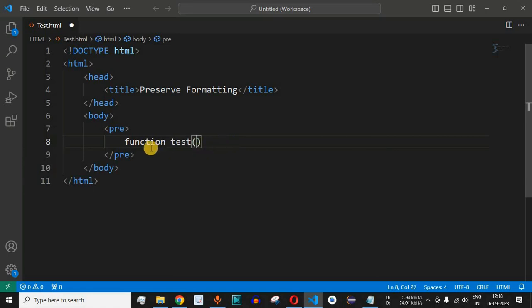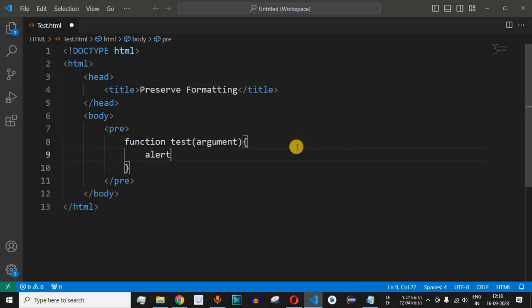Over here we are just writing a few lines of JavaScript code. We are writing the function and the function name is test, and then we give certain arguments inside the open and close parentheses, and then we have the curly braces, and then we are going to simply alert something, that is the test. So over here we have the alert statement as well. This is nothing but JavaScript code that we have just written inside the PRE tag. No need to worry about the functionality over here. It will just be displayed on the UI for now.